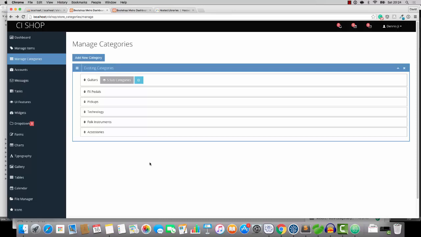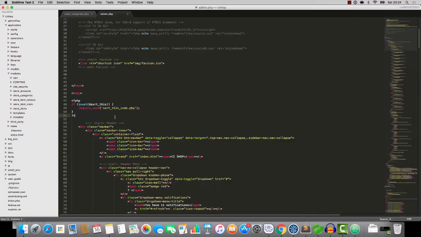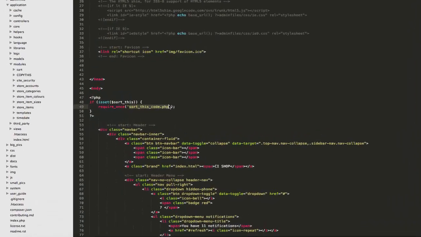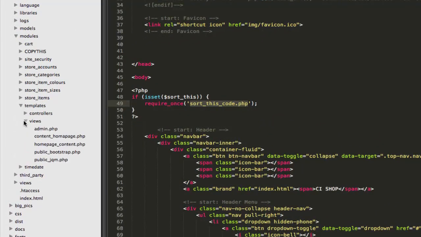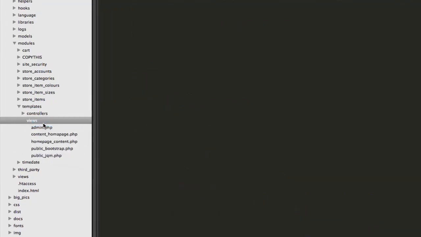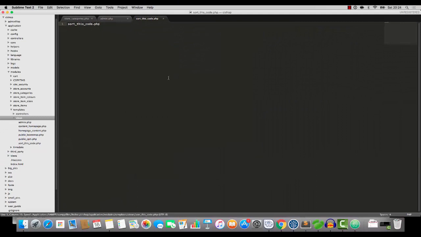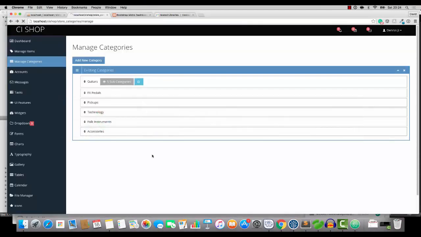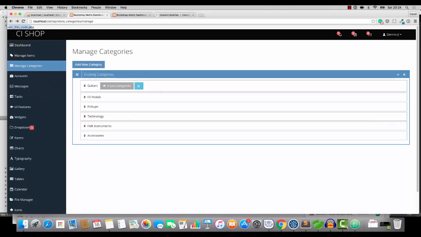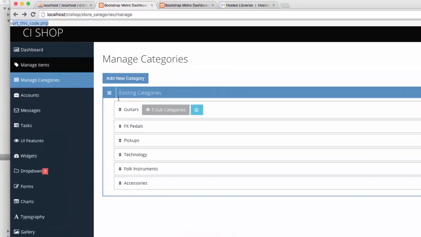jQuery UI. So whenever we are going to be doing some sorting stuff, I want this template to know that we need to load up the additional code, in this case jQuery UI, so that we can make everything work, okay? So that's what's happening here, and that's the vibe. So I'm going to go into the templates module, and right inside the views folder, I'm going to create a file called sort_this_code.php. If we refresh the screen, you'll see that it has now included the sort this code thing onto the